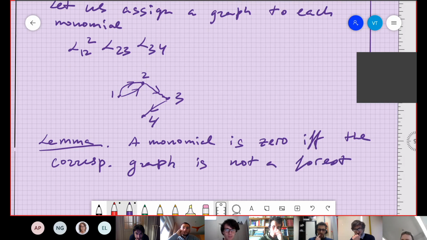Like for example, this guy is actually 0 in the algebra, and it is 0 because alpha 1,2 squared is equal to 0. Less trivially, if, for example, we had a graph like this,